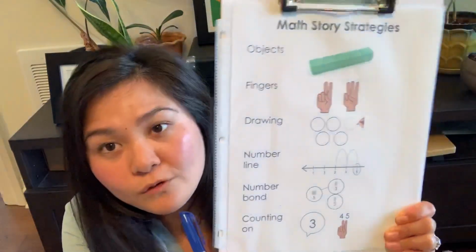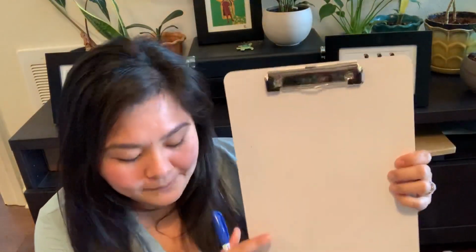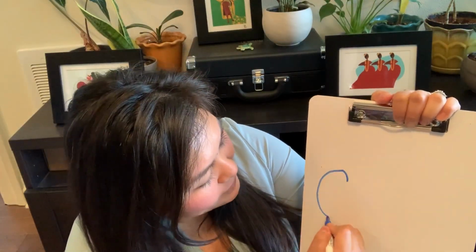So the strategy and tool that I'm going to be using today is the number bond. From what I heard in the story, we know that Mr. O'Connor harvested some vegetables. We know the quantity or the amount of vegetables he harvested, which is 6. And we know that of those 6 vegetables, some of them were carrots and the rest were peppers. So that tells me that the whole is 6. That Mr. O'Connor harvested 6